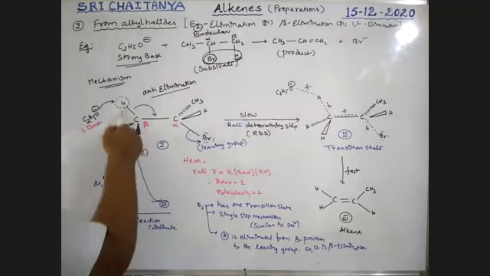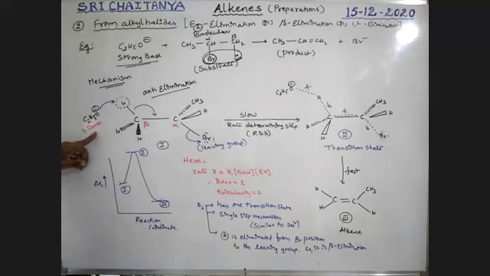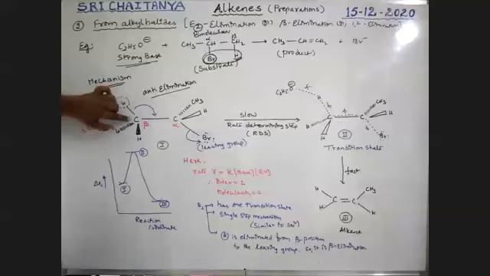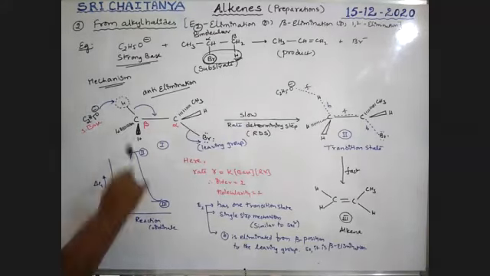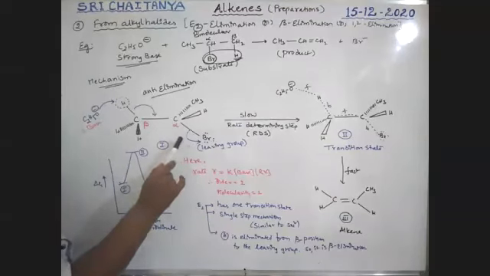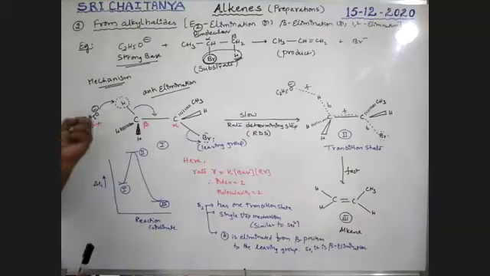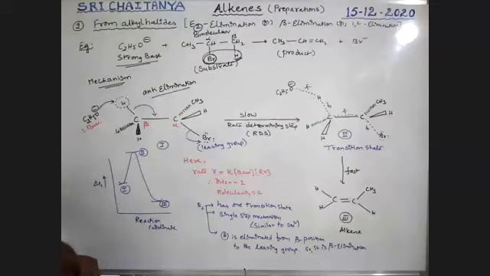So what is the mechanism here? See here, first point: the strong base abstracts the hydrogen from the beta position, which is anti to the leaving group. That hydrogen is abstracted by this strong base. Now this bond pair migrates to this one, toward the leaving group. See here, boys, it is the slowest process. Abstraction and bond conversions are all slow steps, boys.